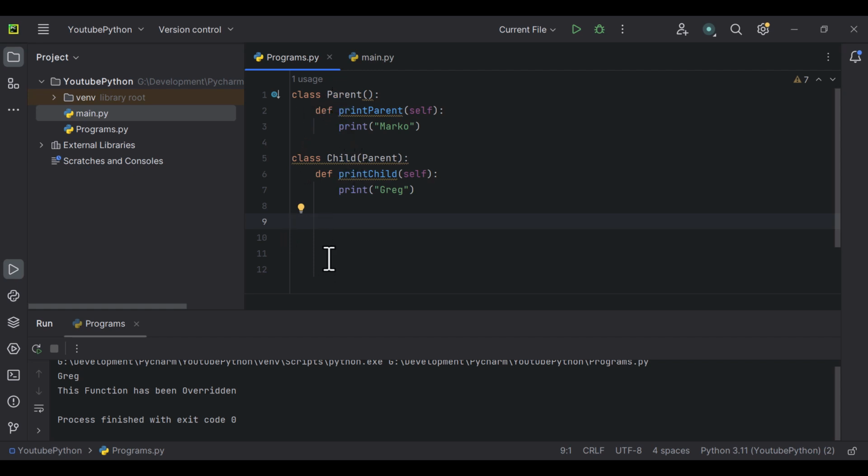Let's create a grandparent class. All right, we can say class grandparent, something like that. I will not use capital letters here, so I would say class grandparent. Okay, so then in this class, what I need to do is to print maybe something like,